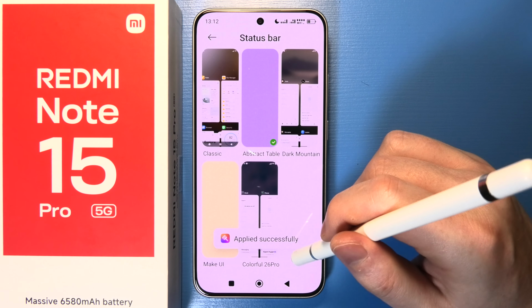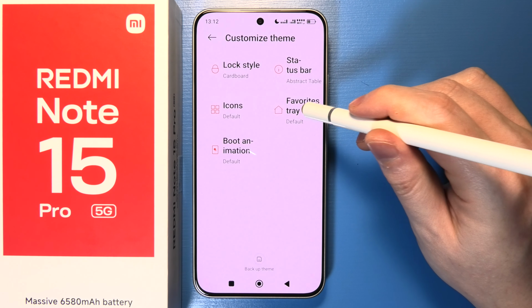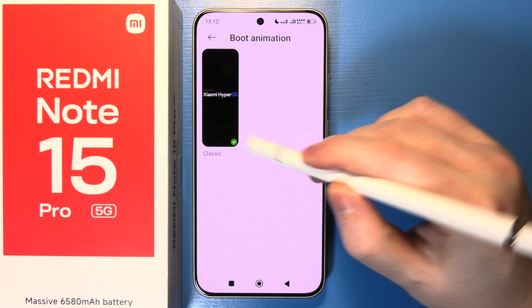Then we can go for the icons and do the same thing. There's also favorite tray and a boot animation. And that is